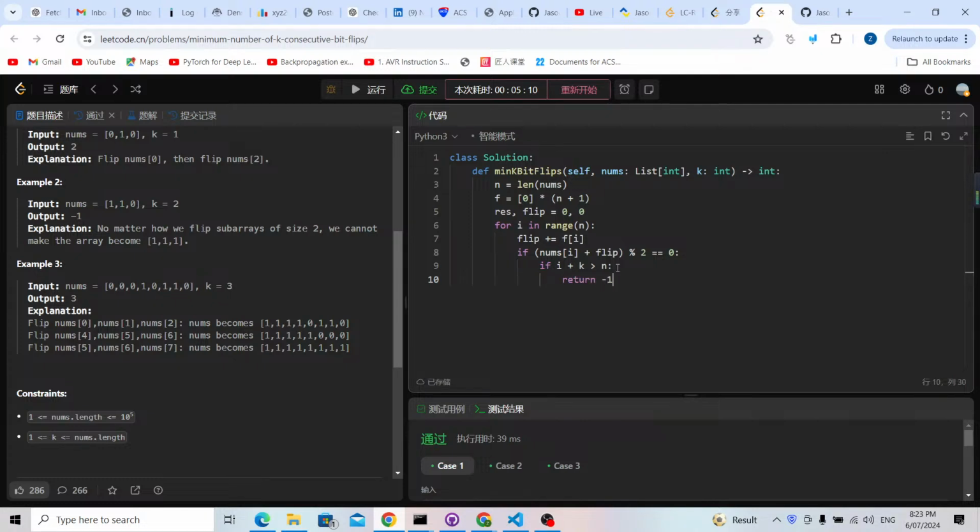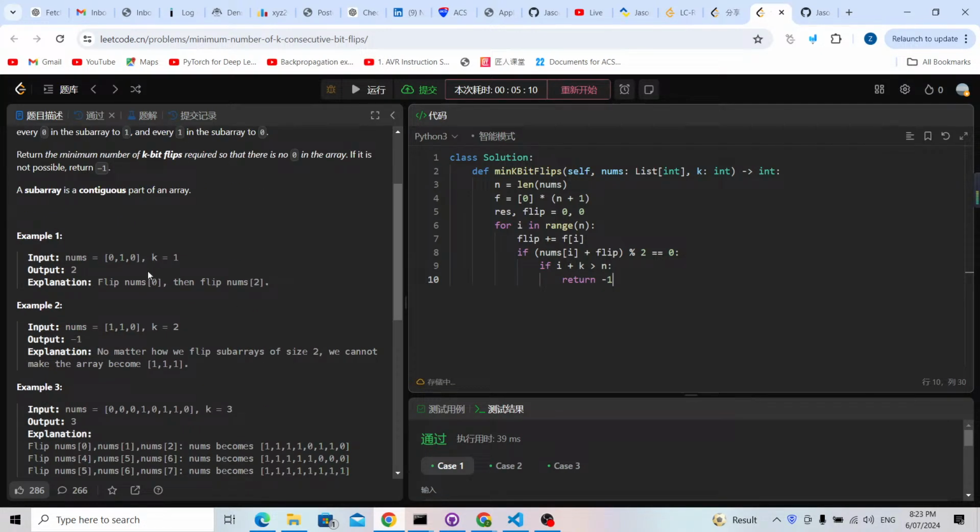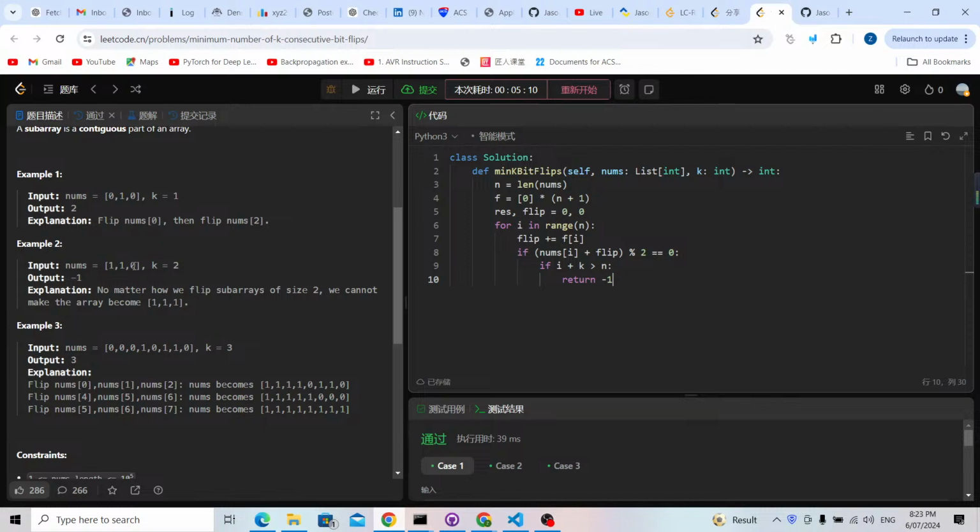It means it is not possible, so we're going to return minus 1. This is for this example 2. So for this 0, we want to flip it, but this i plus k already goes out of the window. If it goes out of the window, so for example at this position, this i equal to 2, 2 plus 2 equal to 4, and this 4,